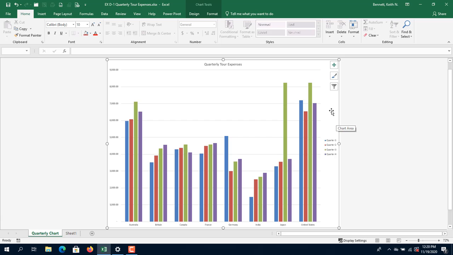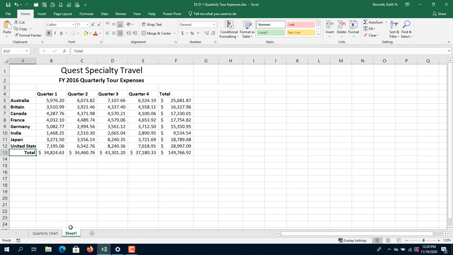Alright, so some other things that you need to know is to change the chart design. Now changing the chart design kind of falls under modifying chart styles or applying chart styles. So what we want to do is, first of all, we want to go back to this sheet 1, and I want to go to cell D11, and I want to change D11, which is right here. I want to change that number. I want to type in 4568.92,